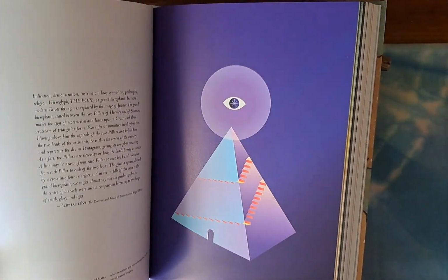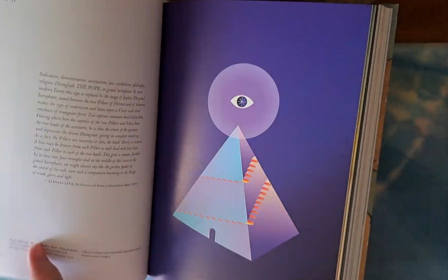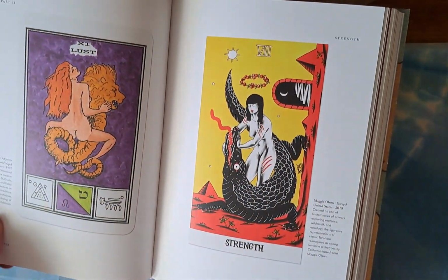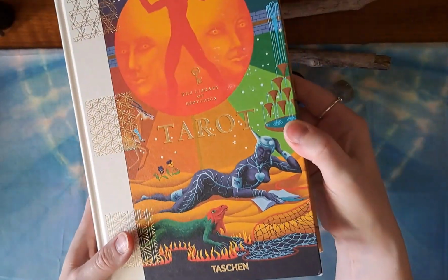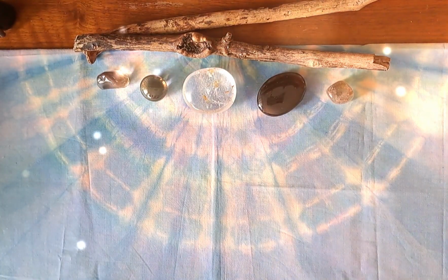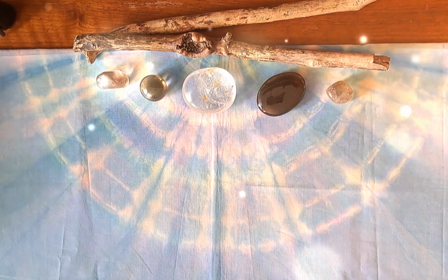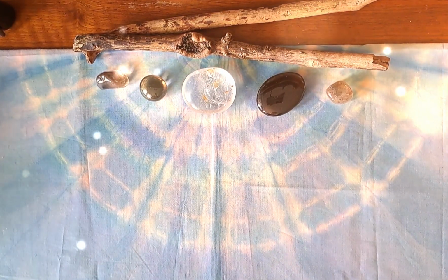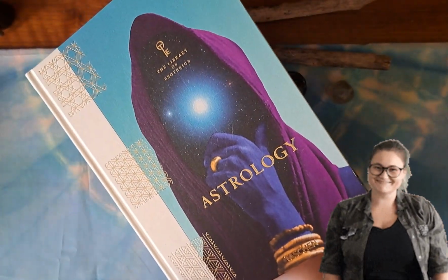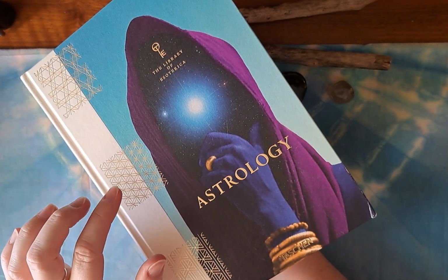Really enjoy it. I only received these yesterday, so I flicked through them. I haven't started properly reading them as yet. But I just thought they were gorgeous. Anyway, so that's that one. And then the same seller was selling, that wasn't easy to say either. That was like Peter Piper picked a pickle pepper, however that goes. The same seller was selling this one, the Library of Esoterica,